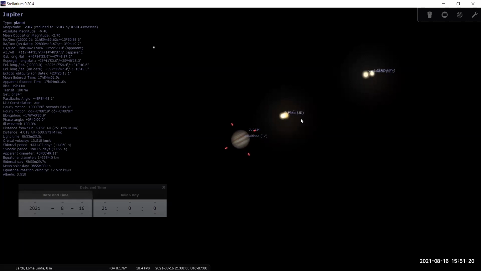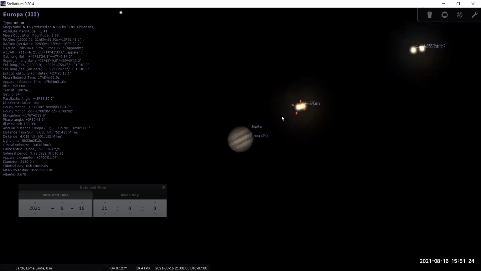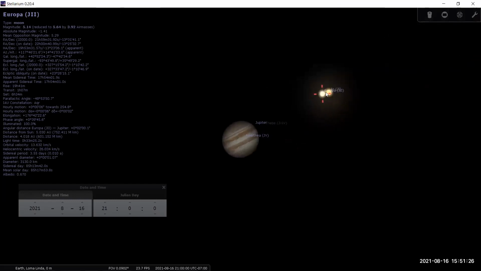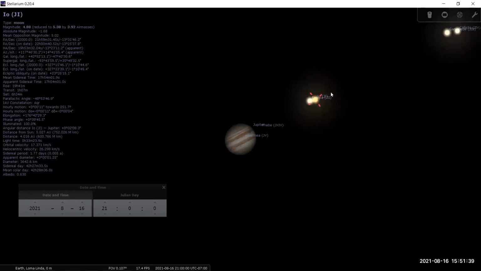Now Jupiter at this zoom looks very, very bright. Let me look at this moon here, and actually it's Europa, and it looks closer to Jupiter, but it's not. Actually, Io is closer. It's because of the way that they are positioned. We're looking at them in the sky, so it looks like that. Now look at these two moons also. This is Ganymede, and this is Callisto.